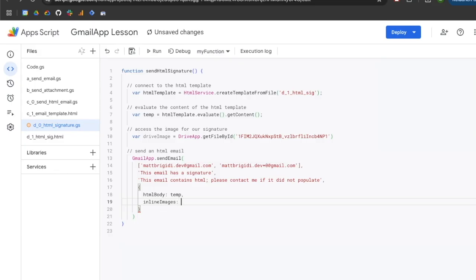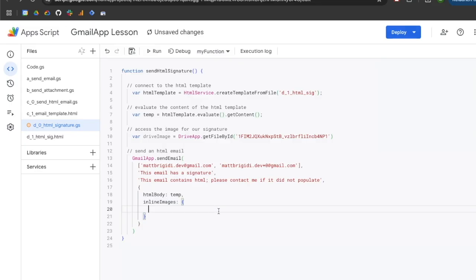So we are going to hit space. Now, in addition to referencing the inline images command, you need to use another set of curly brackets. So we're going to add those in there, and then I'm going to hit enter again for readability. You don't have to hit enter if you find the other way to be easier to see. We need to add another key value pair. So that's what's happening here. When you're using curly brackets, you have a key, which in this case is HTML body, and then its pair is temp. So what we are going to do is name our image